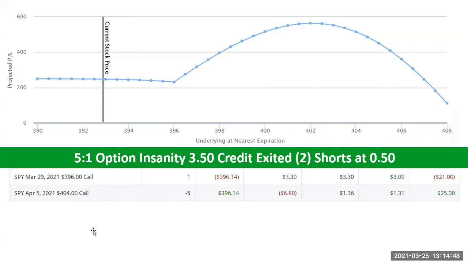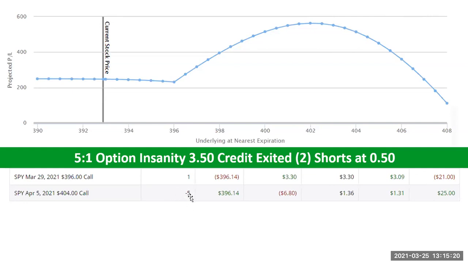So I exited this one and tried to get into another one. And what happened with my other one is, because they don't allow you to do a 5-to-1, right? So we have to have a margin hedge. We have to buy the margin hedge, which means you have to buy the April 5th. And I think we bought the 430s on this one. And that creates a scenario where you're not technically naked 5 short calls in SPY.